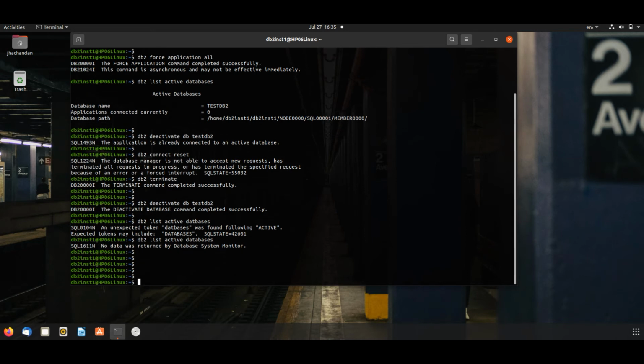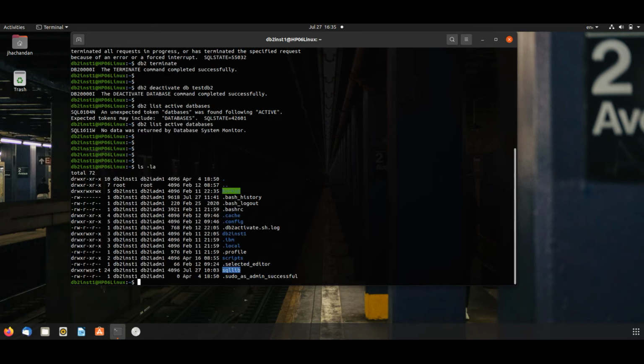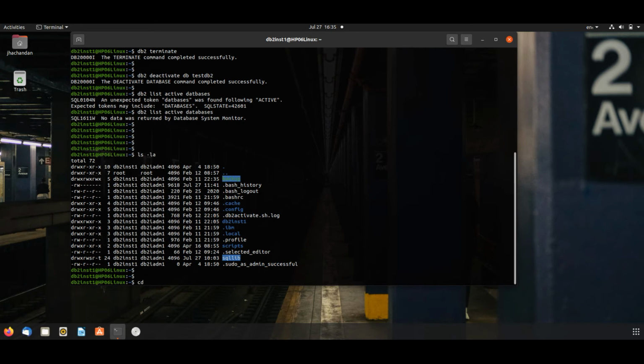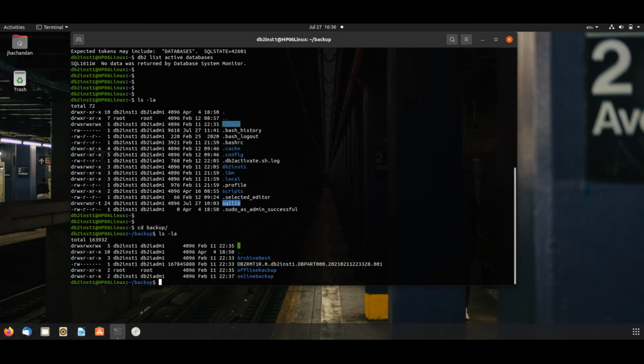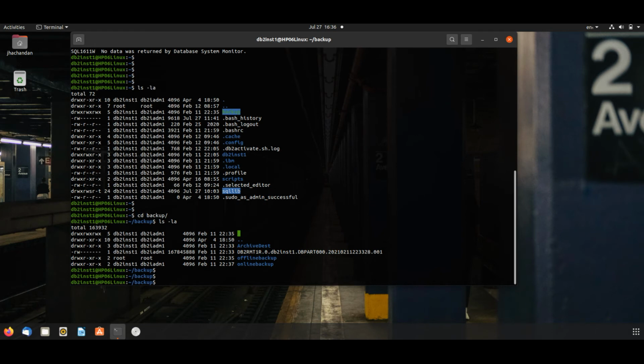Okay, now we will take an offline backup of this database. ls -la, cd backup. We will use this path for our offline backup.